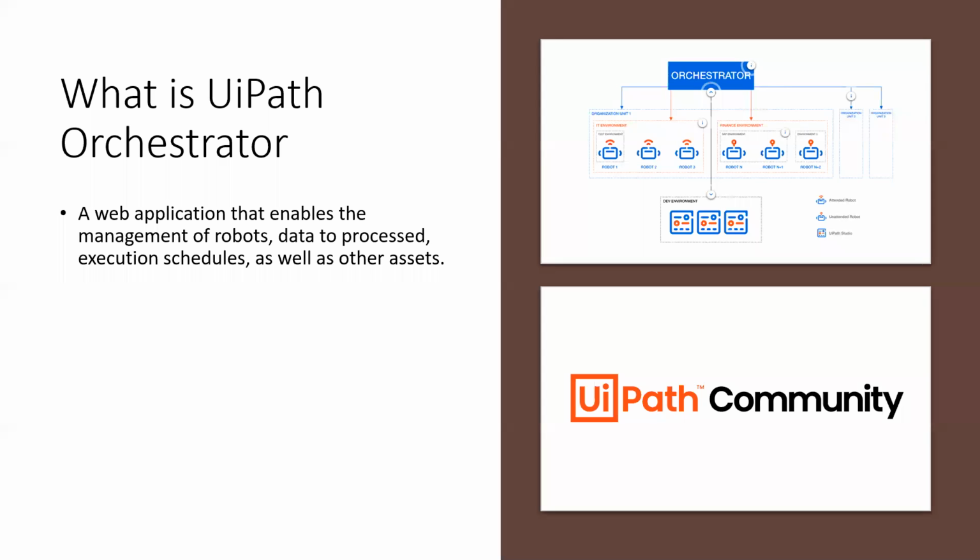Further, execution schedules. Suppose you want to send some mail every day at 10 a.m. What you can do is build a workflow in your UiPath Studio, which will have maybe a Send Outlook, Send SMTP or anything. So it will send a mail via email. Now, how to schedule it every day at morning 10 a.m.? That's where Orchestrator comes in, which will help you to schedule your work every day at 10 a.m. Further, going to the next point.